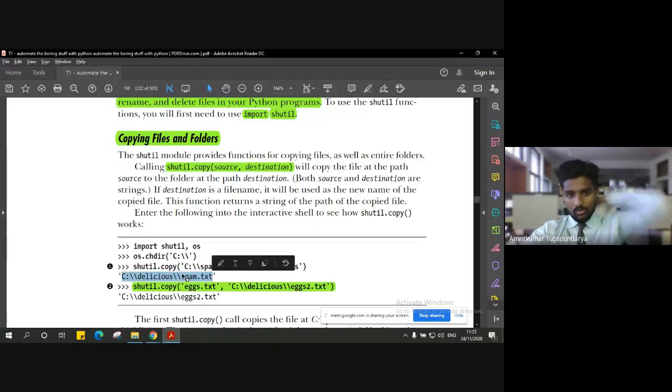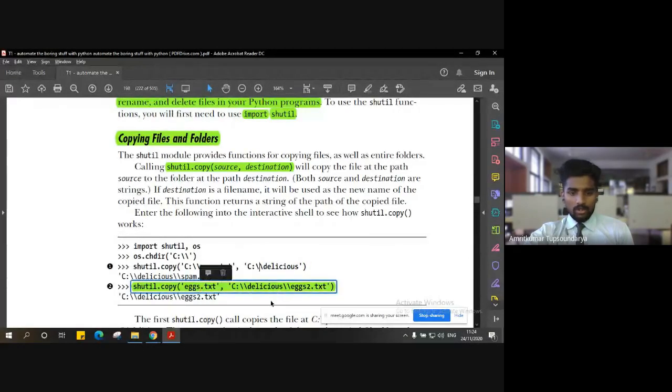So this is one way, and another is, let's say, shutil.copy from the source x.txt, and then I want to copy it directly into a document. Please notice the difference here. Here I was copying a document into a folder, but now I want to copy the document into another document, in another folder.